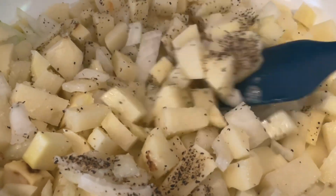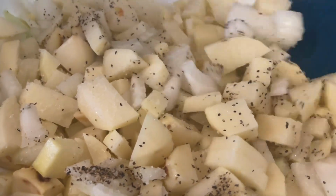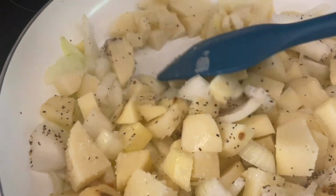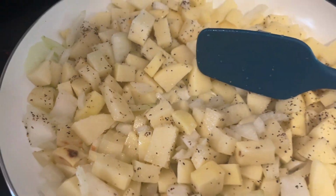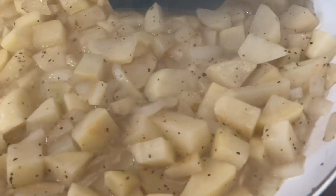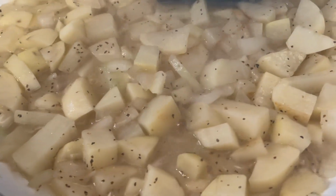I'm then going to give this a good stir just to combine, and then I'm going to let these fry up for about 5 minutes to get a good start on the saute. And then I'm actually going to be adding in like 1/2 cup of water just to help cook those potatoes through. The steam from the water will help to cook the potatoes, and then they will be nice and fork tender, and we will be ready to